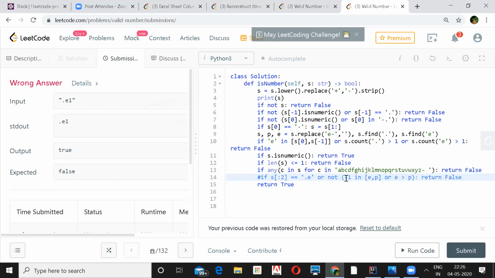Or you check whether -1 is present in the list of E and P. Here your E is 1 and point is also 1. Your E is greater than P, that's also false. This is also false, but the second one is true, and not of true is false, that's why it's returning false. And for all the other cases it will return true.